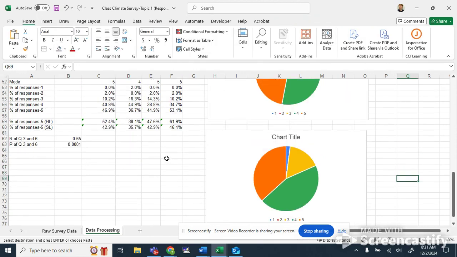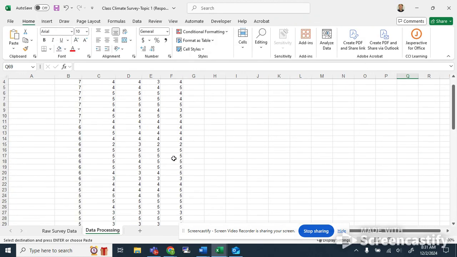And then lastly, since all your questions are numbers, if you want to see if there's any correlation between the score of one question and another, which a lot of you are doing for your project, for example, between their animal choice and how likely they are to save the environment, that is when you'd highlight